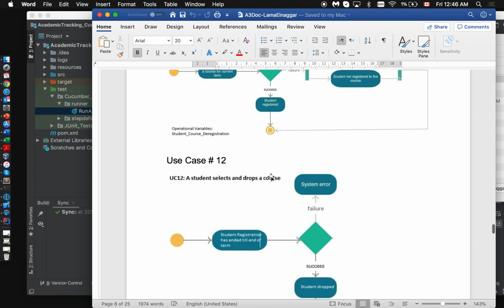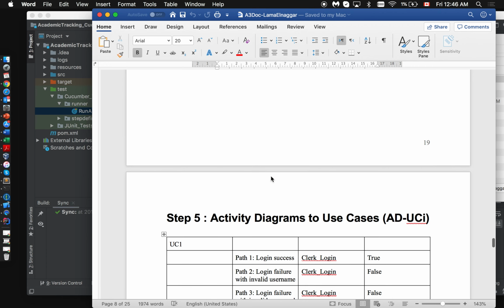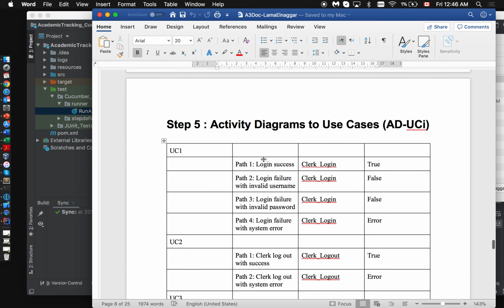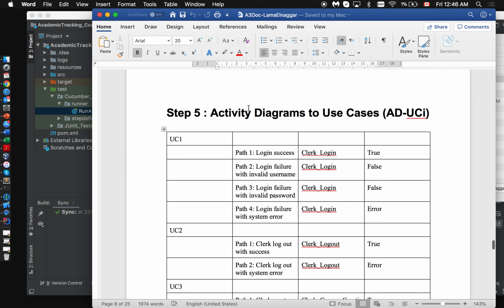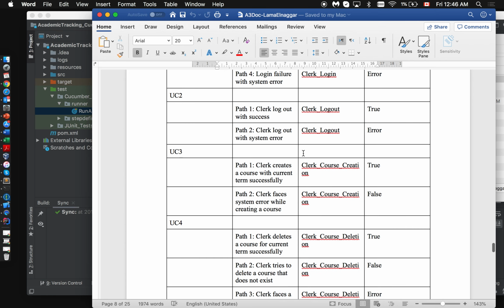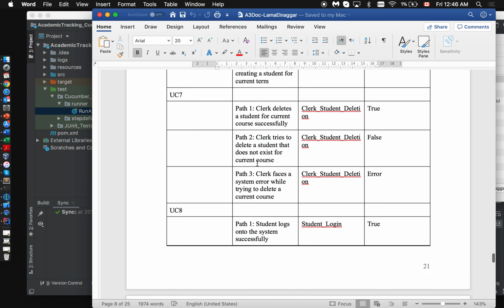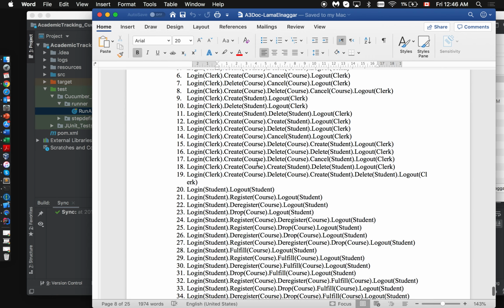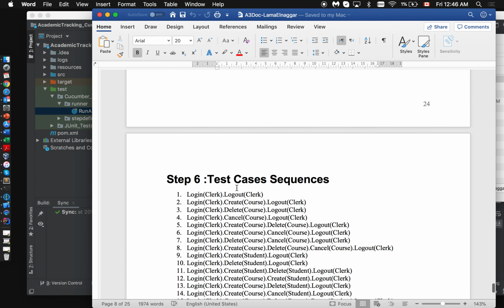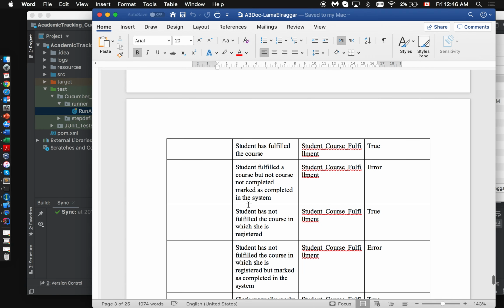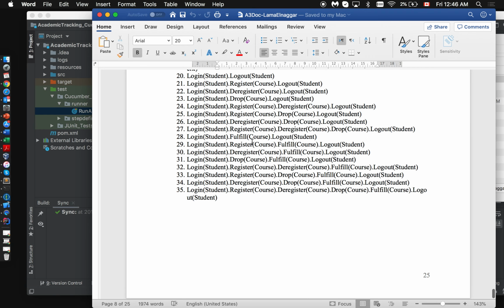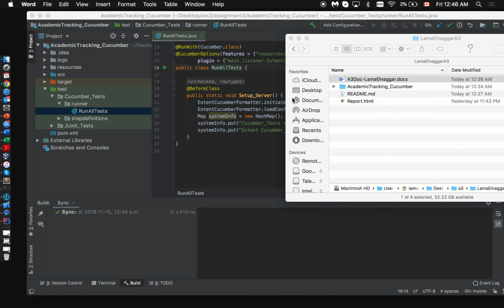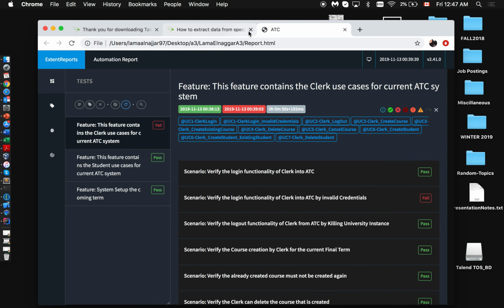Okay, so step 1 till 3 is covered up above, and here step 5, which includes the valid paths, is also included. Okay, with the invalid ones too, and then this is my test case sequences for step 6. Okay, so I try to fulfill most of that for my test cases. Okay, so this is it, and here I'm just gonna show you a small report